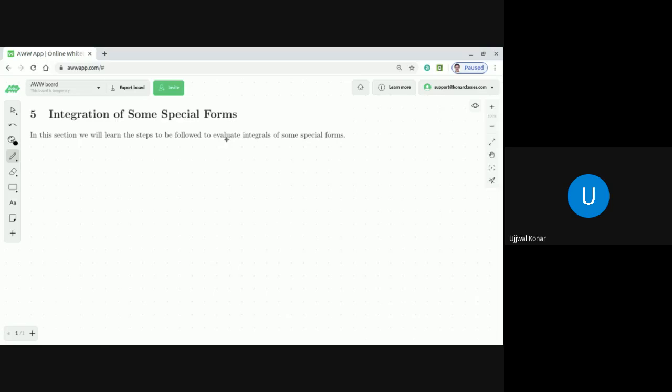So today I'm going to tell about these forms. There are 11 such forms, and you will find it interesting. The first one I'm going to discuss is about a form, when you find an integration in this particular form. Let me show you this first, and then we'll discuss. With a specific example, I'll explain.